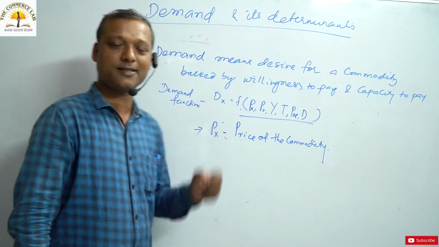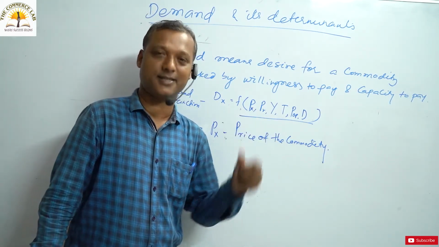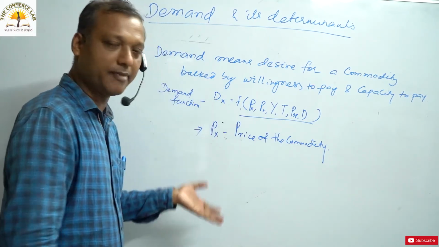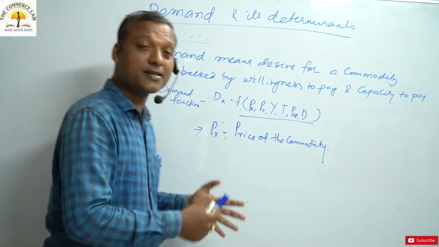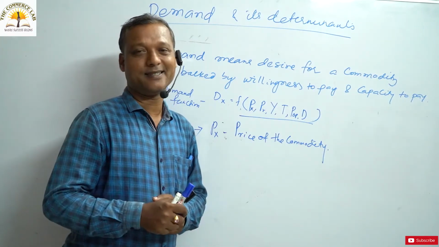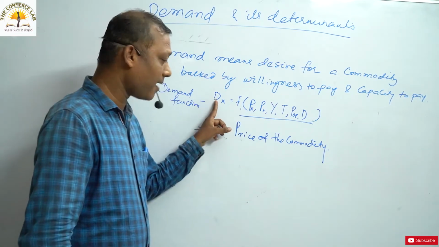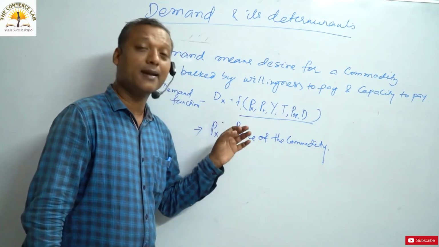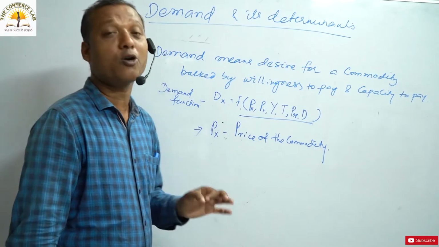But interesting logic. The relationship is inverse and opposite, we can say. Obviously, a question comes here. What is the relationship between demand and price of the commodity? And the answer is that it is inverse or it is opposite. So now we have seen the first factor to influence demand is the price of the commodity. And what is the relationship? The relationship between price and demand of the commodity is inverse or opposite.